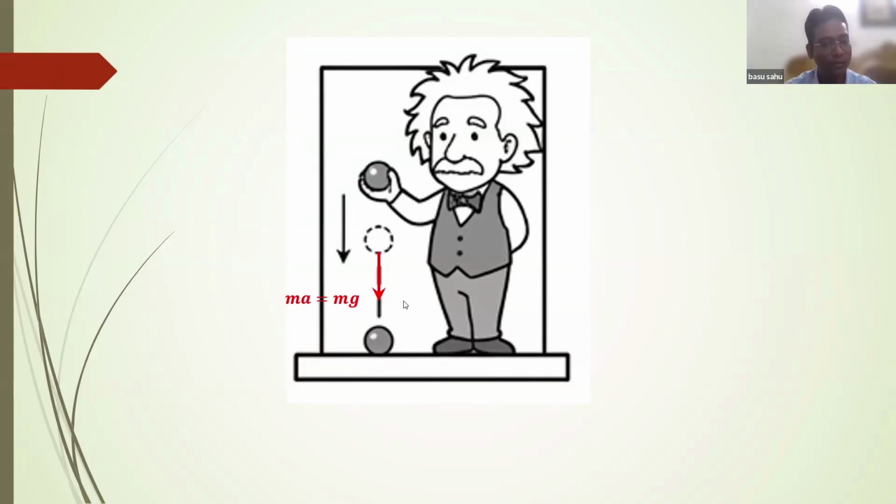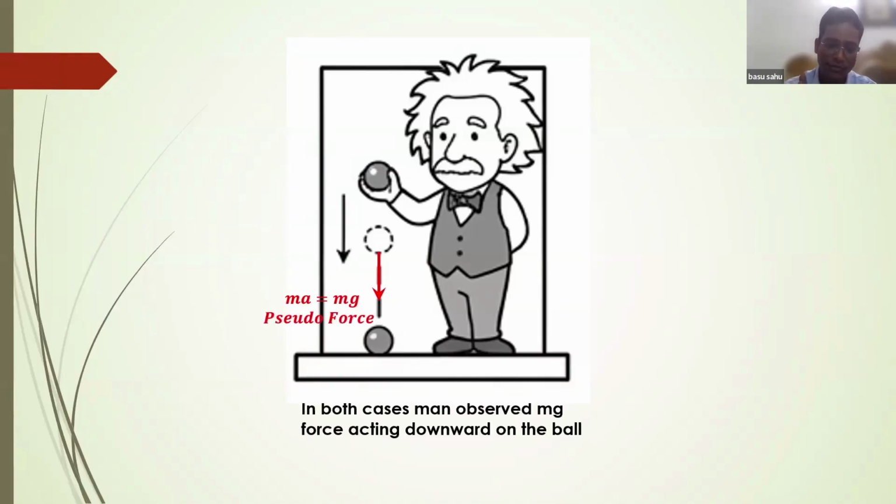We cannot differentiate both the cases, case A and case B, with respect to man, because man has no understanding whether he is standing on the earth or he is standing on the space shuttle. He will think only that yes, my ball is going down. That's all. The options I have shown were basically correct.